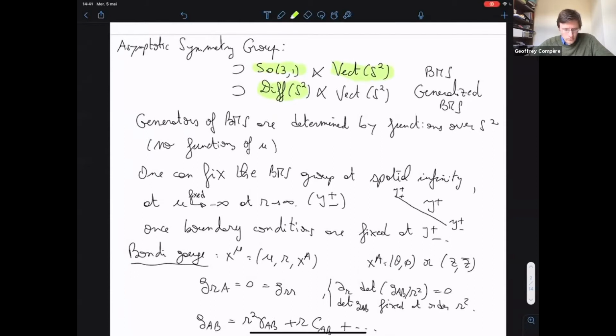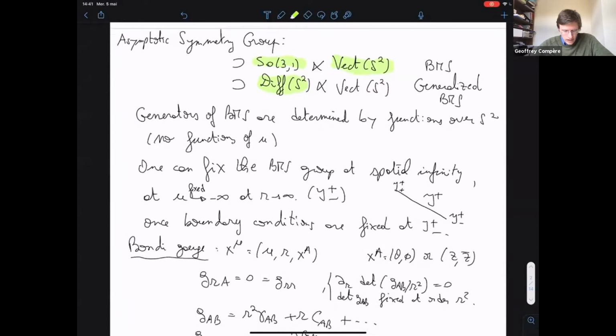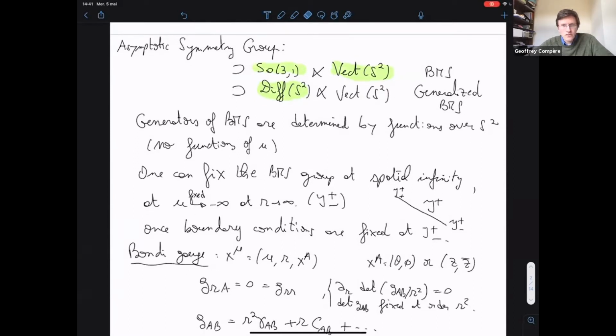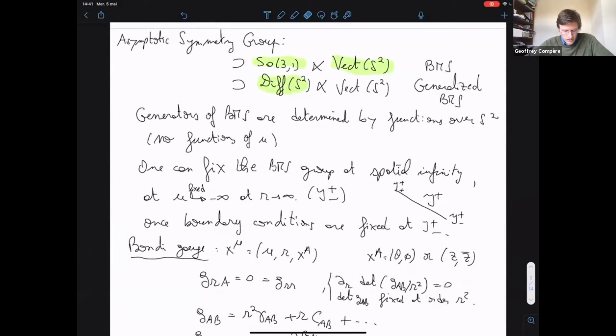this is the symmetry group that we know. All these functions are functions over the sphere, and the dependence in the retarded coordinate u is fixed by the choice of gauge. Therefore one can specify this group at spatial infinity, and if one fixes a frame at spatial infinity, which one can do classically. Quantum mechanically it is different because there might be non-trivial states, etc. But for classical purposes, it's possible to fix it at spatial infinity